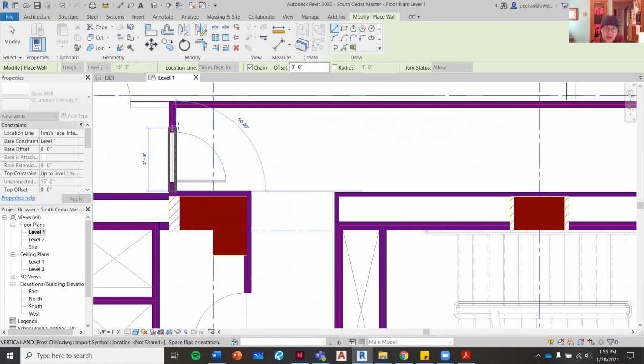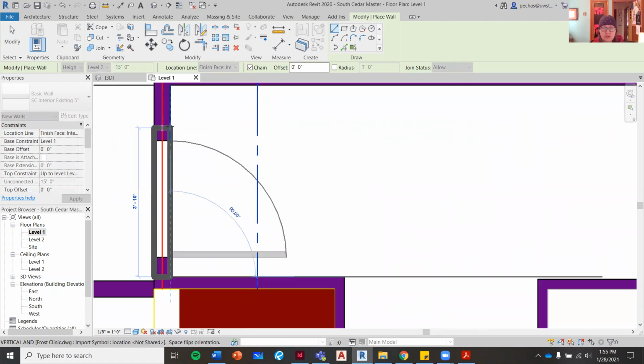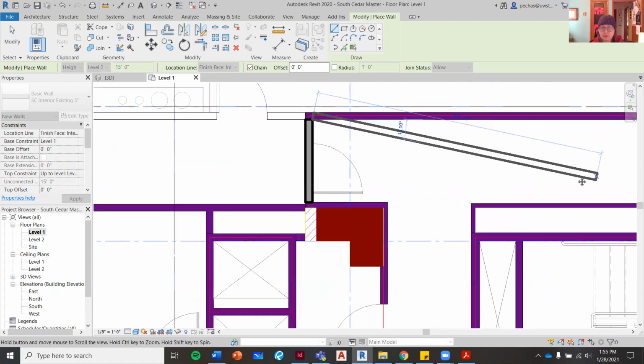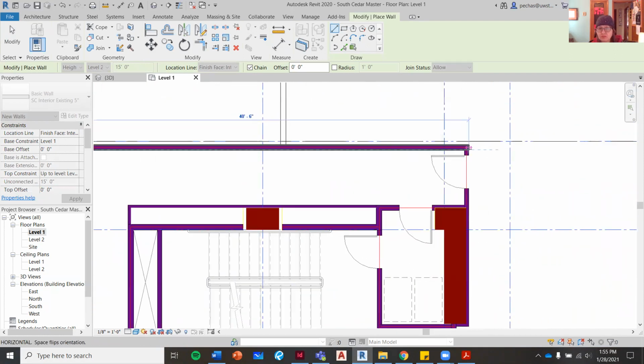So remember, as you're drawing, that we're putting doors in later, right? So we're just going right through the doors. And I'm just going to trace around